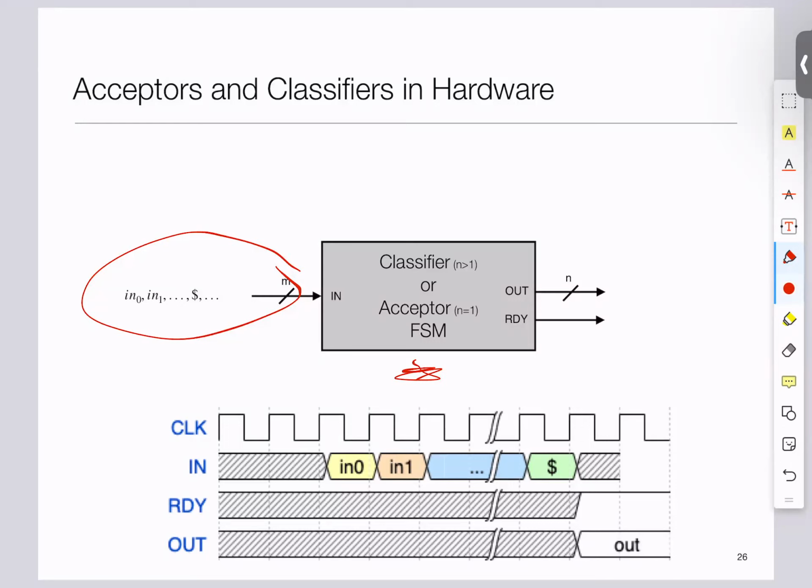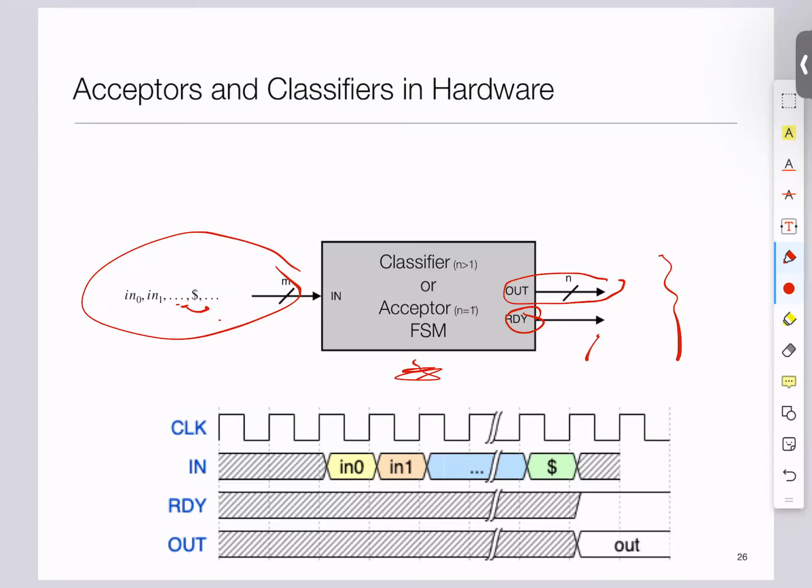So one version could be that the inputs include a special symbol $, and then on the outside, not only is it giving me the output, yes, no, 0, 1 for different classes, but it would also give me a symbol called ready, a kind of signal saying, okay, I'm done. I detected the $, and I have the answer. So the idea is that the FSM at every clock tick is outputting something out here, but the